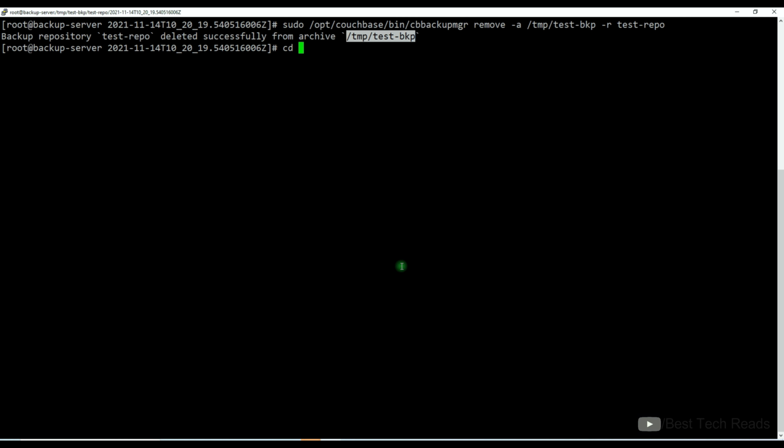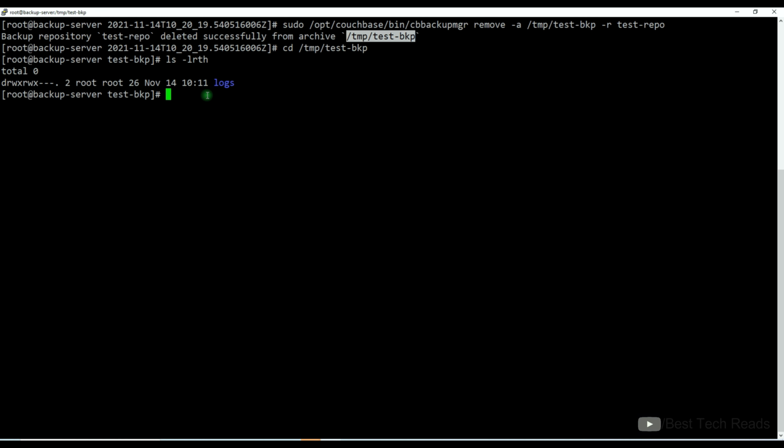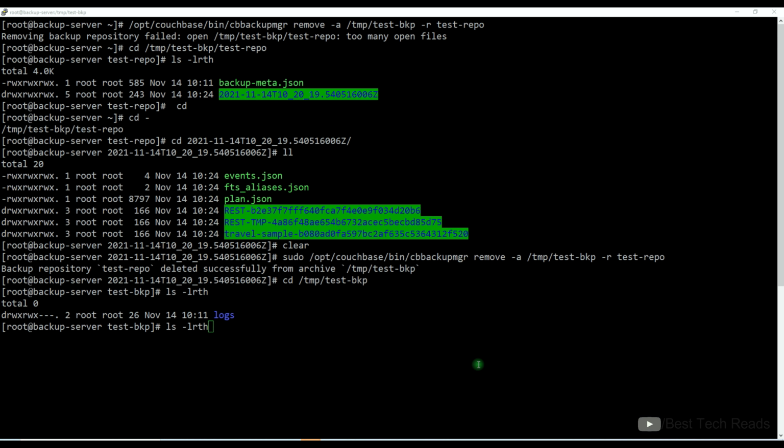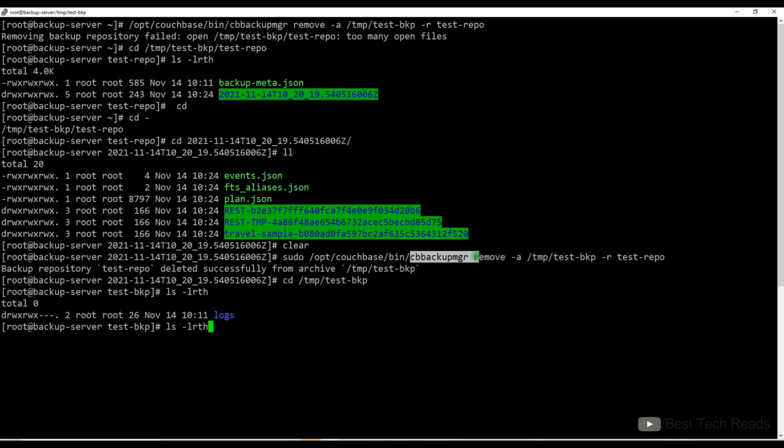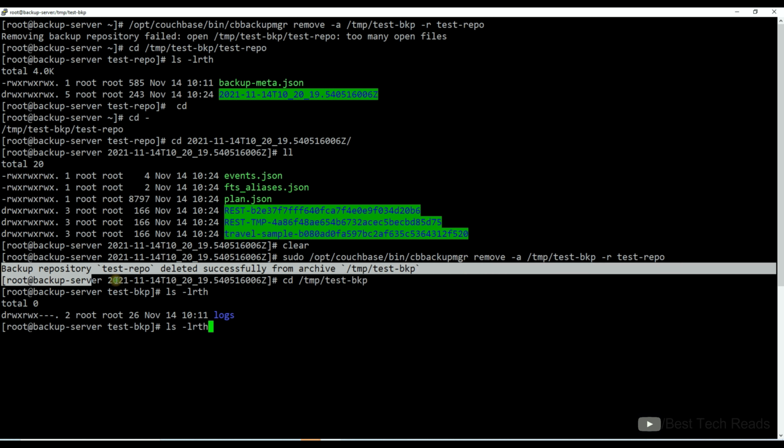Let me go inside this directory and see whether any files are there. As you see, the archive is no longer inside this directory. Although stopping Couchbase is not mandatory on the backup server, it is still showing some false messages like too many open files. So I have stopped Couchbase on the backup server because there is no impact. We just need the Couchbase binaries to execute these merge and remove commands. After I stopped Couchbase, it's no longer throwing this error. You can see it's able to delete